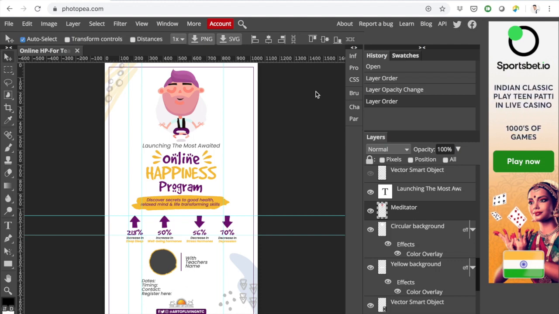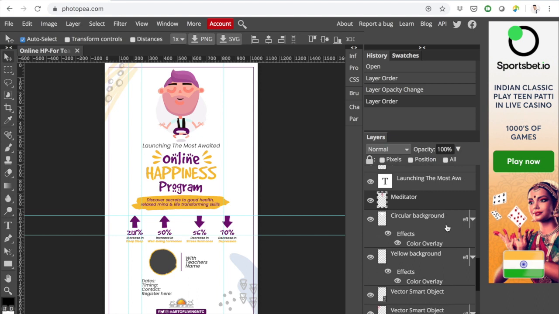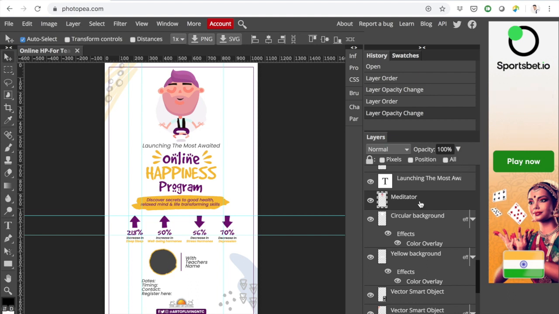Now we'll see the opacity of a layer, which can be increased or decreased based on your need. The opacity property is right here on the layers panel. Each layer will have an opacity. Generally, we keep it at 100%, but in case you want to edit it, you can simply decrease or increase the same, and the opacity decreases or increases respectively.